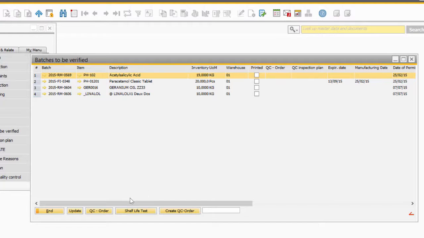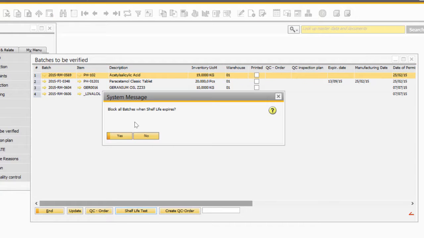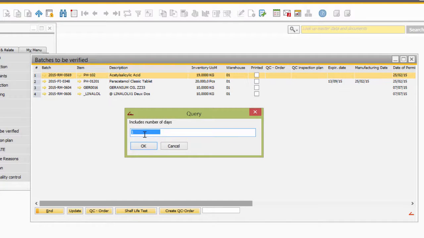First of all, we have the possibility to click here in shelf life test, which will provide the possibility to block or to make access denied or not accessible all those batches that have expired. But additionally, considering sometimes, for example, we know some batches will expire during the next 30 days, we will not only be able to see the batches that are already expired, but also plus some days. If I, for example, click here 30 days and I click OK,